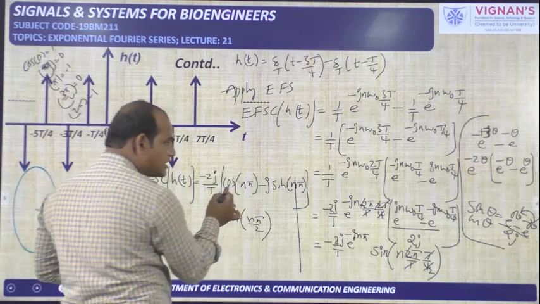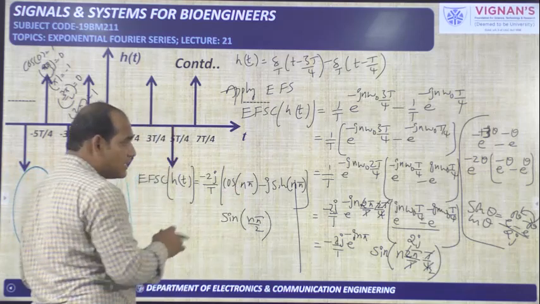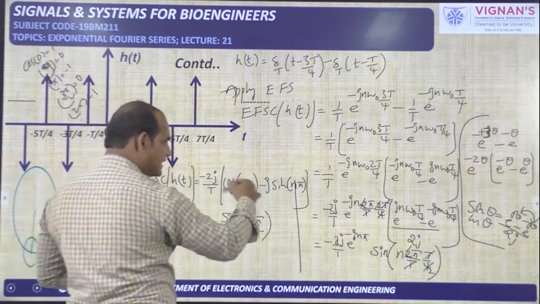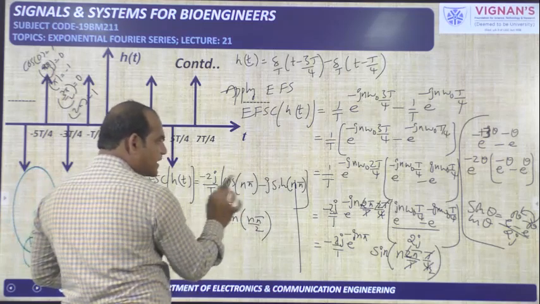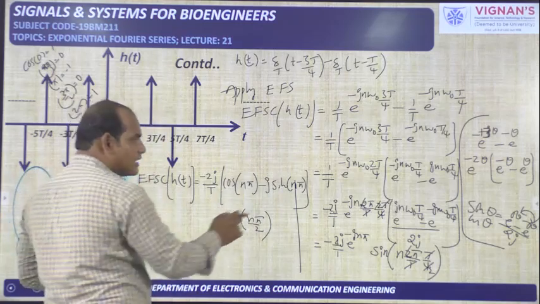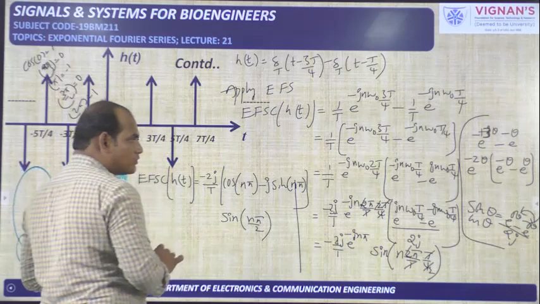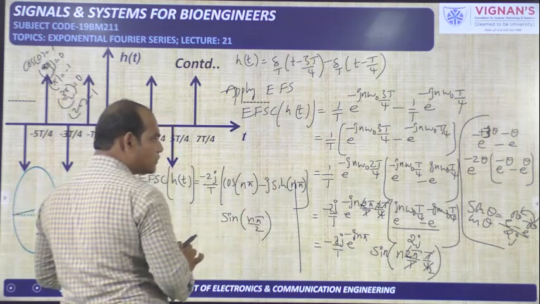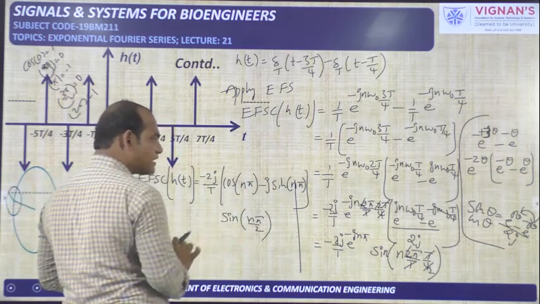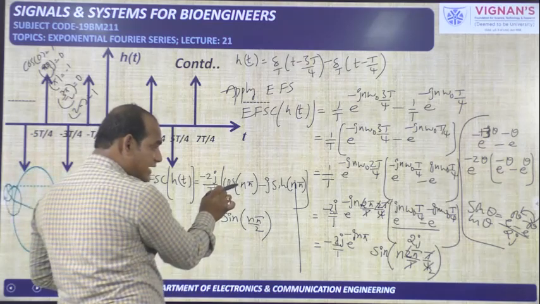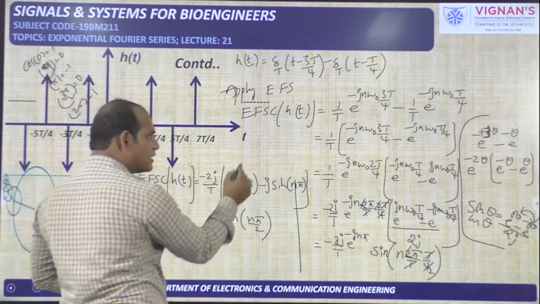So if you take n is equal to 1, 2, 3, 4, 5 like that, what will happen to this entire thing? N is equal to 1, cos pi is minus 1, sin pi is 0. That means imaginary part will become 0. Now n is equal to 2, cos 2 pi is 1. Whenever we have taken n is equal to 1, it will become minus 1.